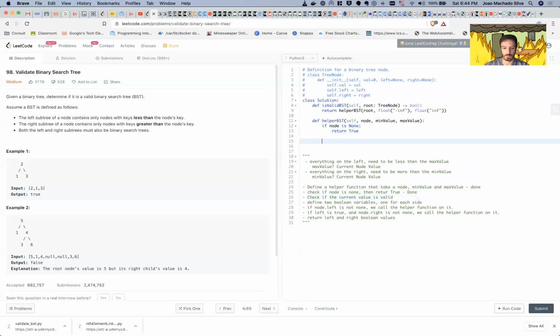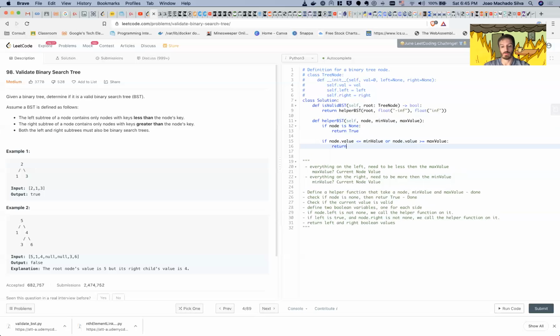Okay, so if node value is less or equal than min value, or node dot value is more or equal max value, we return